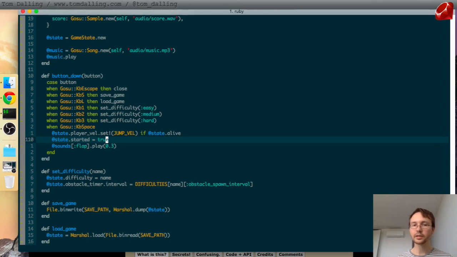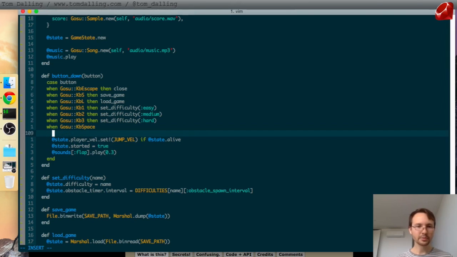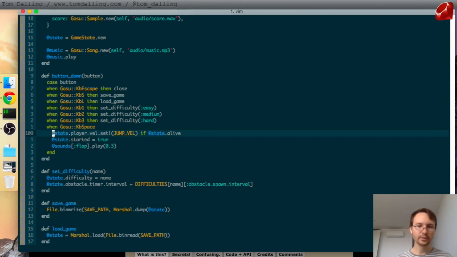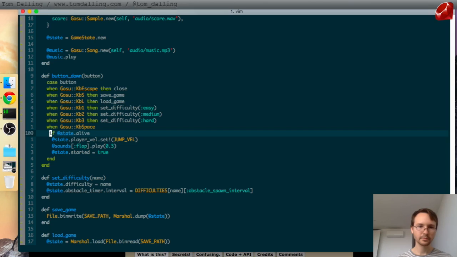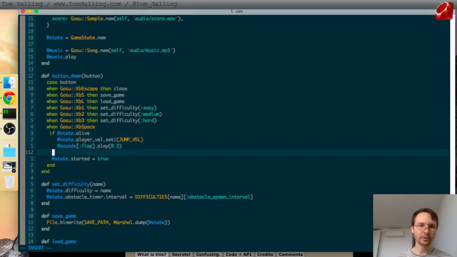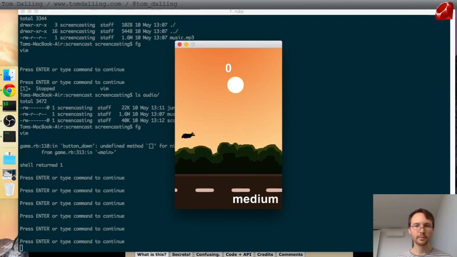I also noticed that it also plays if you're dead. And we don't want it to play if you're dead because you can't flap if you're dead. We've got if state alive over here. What we want to do is just wrap that in here. So if you're alive, then flap, play the sound. If not,